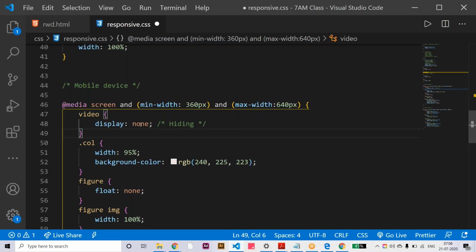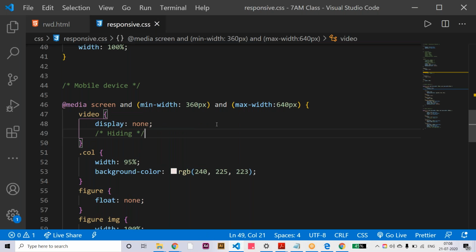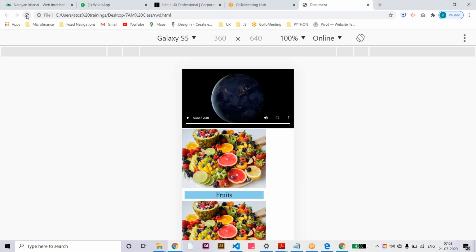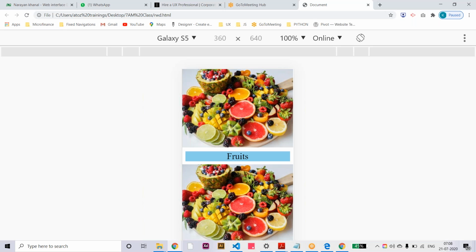Right. Okay, where it is on the mobile screen from 360 to 640 pixels. The video should be hidden. So like this, you can decide which content displays on which device, any content. Okay, let me check all this. Say now there is no video on the mobile screen. Okay, so like this, suppose if you pass that value